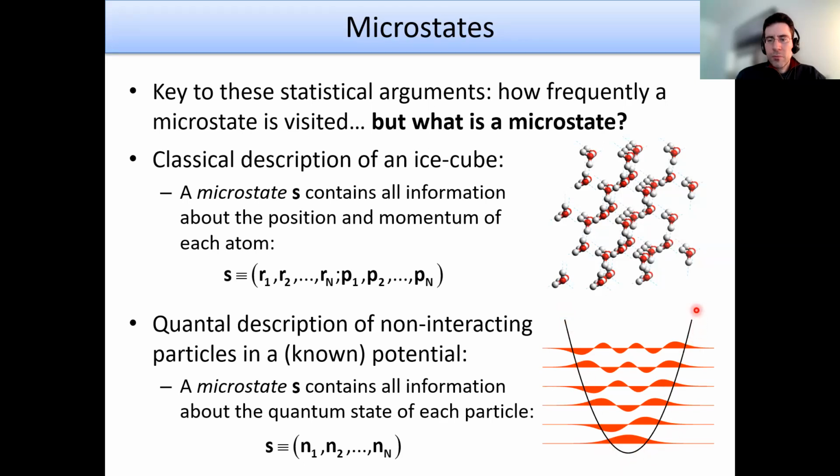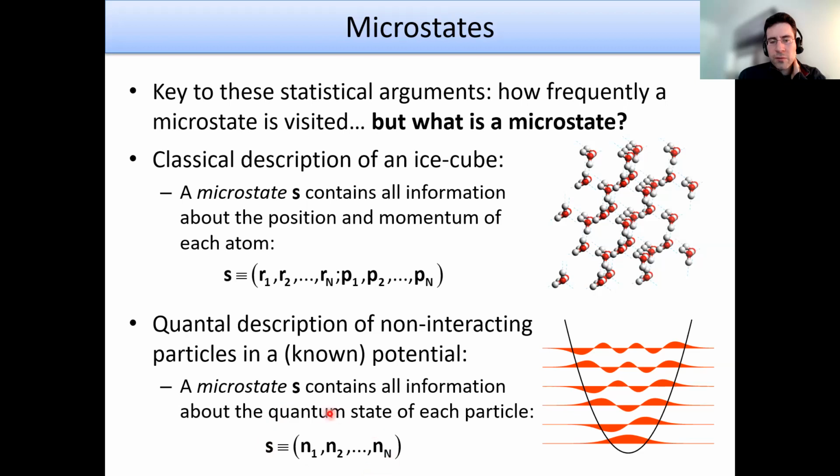And if you remember from your quantum mechanics, the solution to this problem, the quantum harmonic oscillator, gives us discrete energy levels, which are equispaced. So if you know the quantum number, then there is a very simple linear relation that gives you the energy of that state. So the microstate would contain all information about the quantum state of each particle in our system,